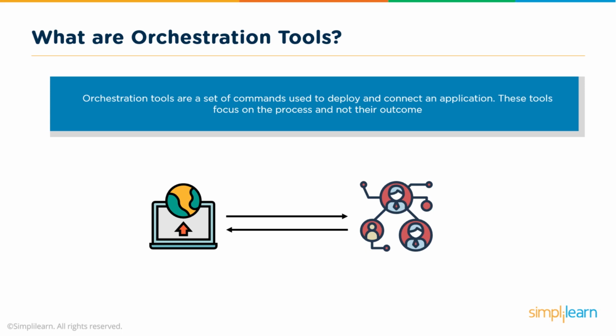What kind of features do they provide? You just have to let them know what kinds of tool sets are required, what fault tolerance mechanisms have to be adopted, what kind of self-healing capabilities the application needs, and if at all there are any auto-scaling features required. If you can bake in all these specific parameters into your tool, your orchestration tool becomes a one-stop shop for all your deployment and configuration management needs. That's where these orchestration tools have become very popular and relevant, specifically these days when people are more and more interested in adopting DevOps practices.